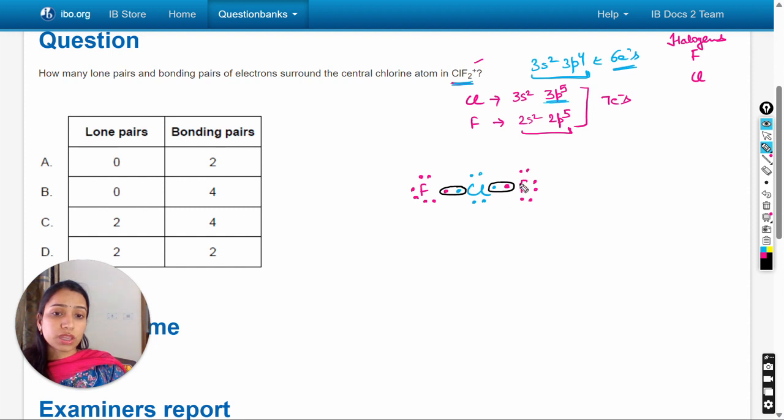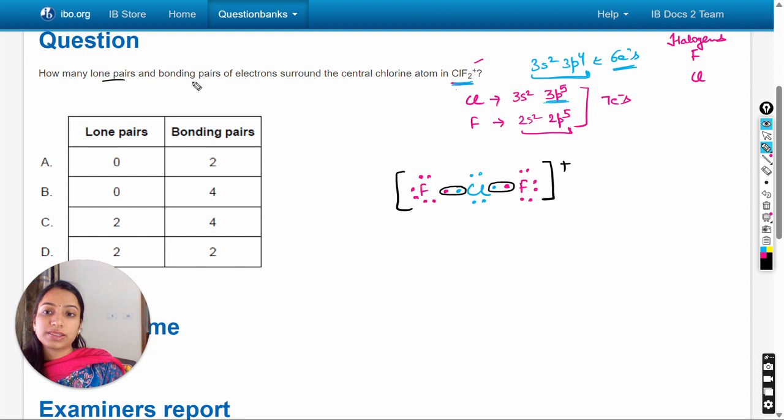So now the octet is complete for the fluorine atoms as well as the chlorine atom, and there is one positive charge on the molecule. So now the structure of the molecule is obtained, and